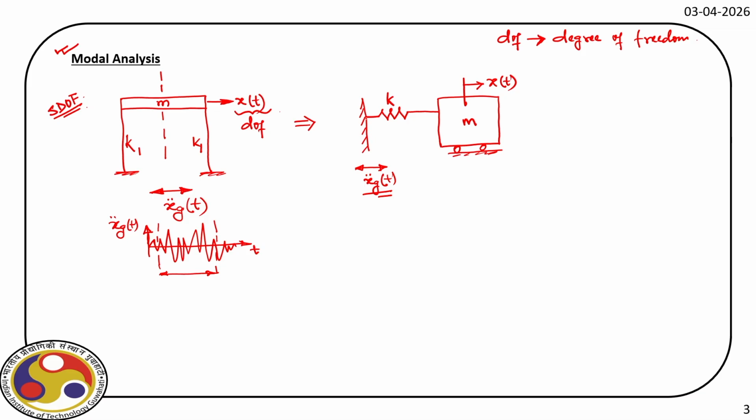Then the moment the earthquake hits, it starts vibrating, and after the earthquake comes to rest, it still continues vibrating and finally comes to rest. That is because of the damping characteristic of the structure, which is defined by this symbol, and C is the damping coefficient. Now, how to write the equation of motion? For that, let us draw the free body diagram of the mass.